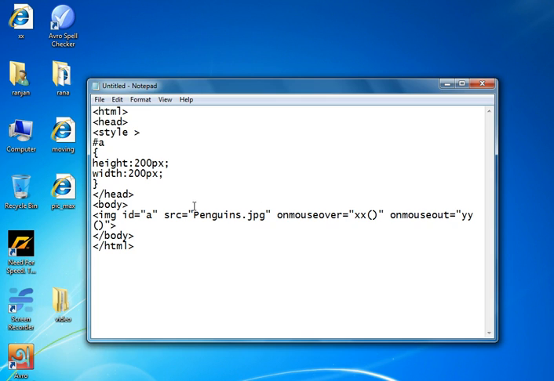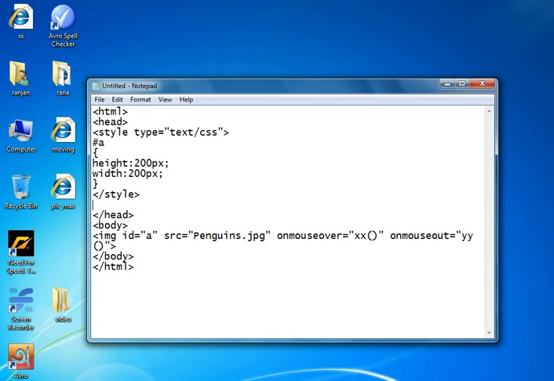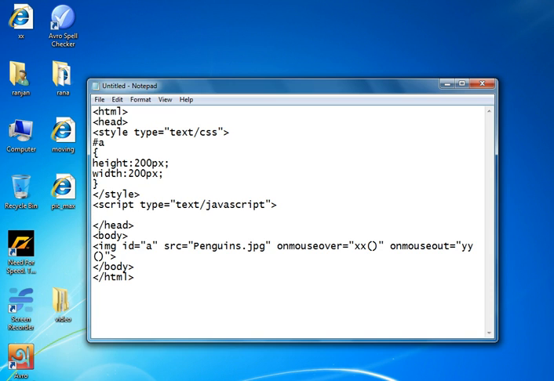Style, type, text, CSS. If you want to write down a JavaScript program or JavaScript logic, you have to use script type text JavaScript, and the closing script tag.